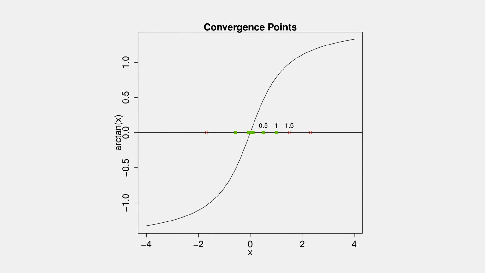Here I plotted out all of the points that we used in our tests, and we'll show green squares for when they converged and red x's for when they diverged. I also plotted out the negative starting points to see if they also converged or diverged, and it's pretty clear that anywhere between -1 and 1 will converge, and any point outside of -1.5 and 1.5 diverges. But when does it go from converging to diverging? That's what we want to find. We want to find the interval of convergence.